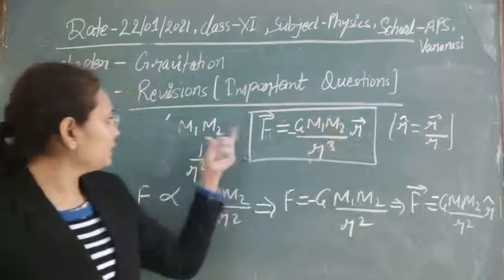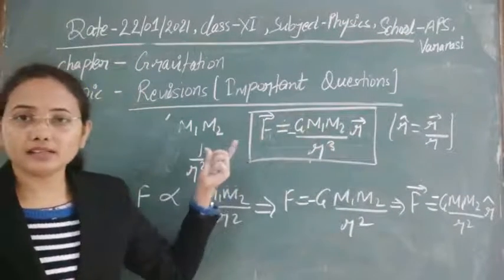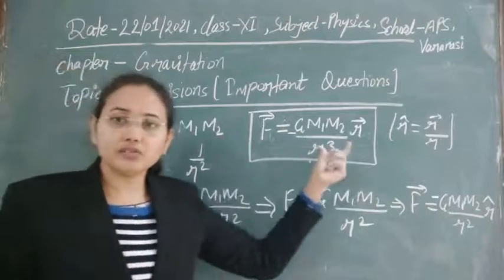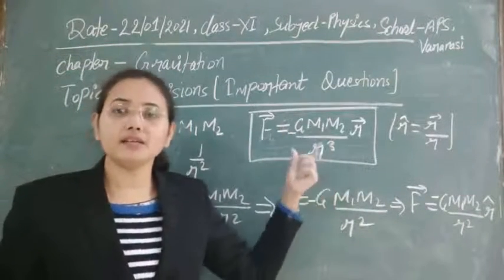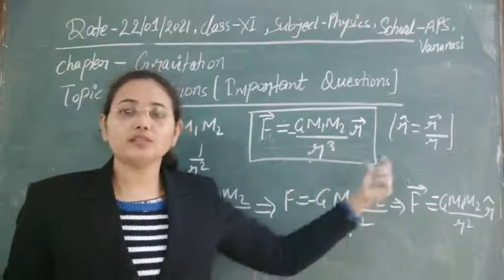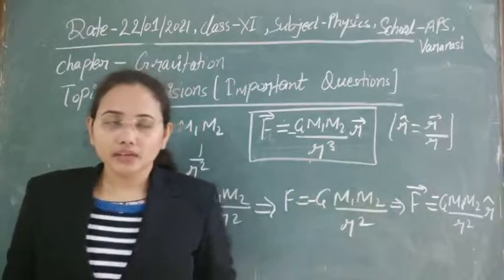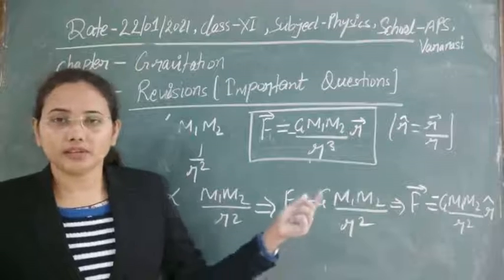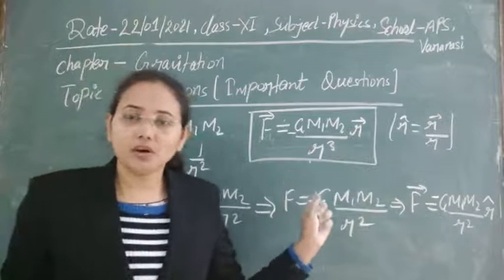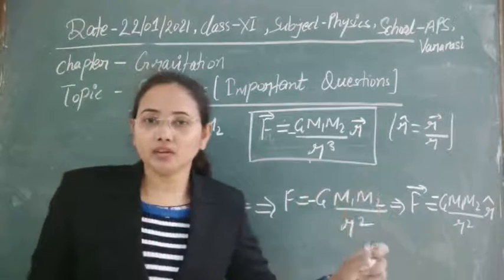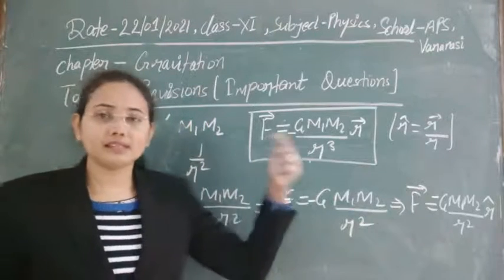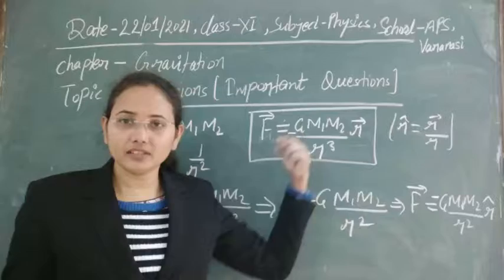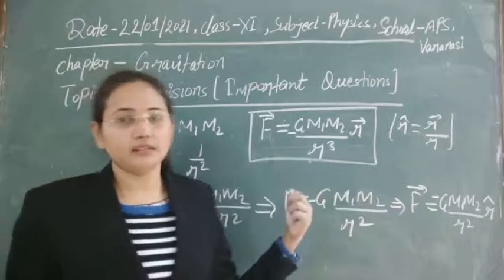Newton meter square per kg square. This is the unit of G here, and you can also easily find out dimensions, units and so on through this formula. So this is also a very important discovery, and this formula is totally dependent on the observations and experiments. Newton saw such types of variation, and after that he gave this formula.